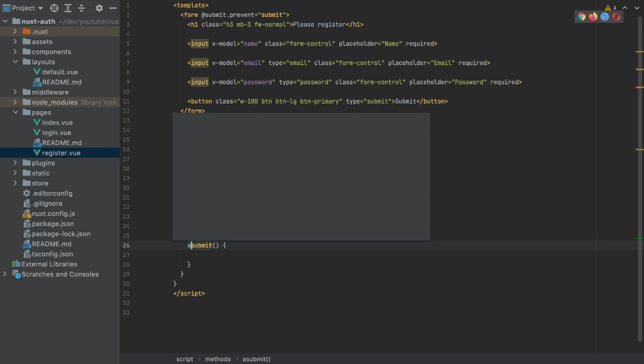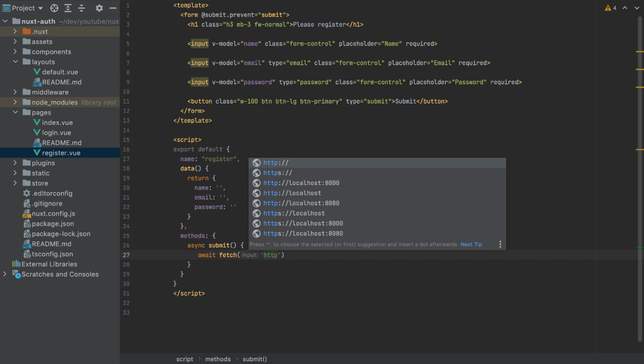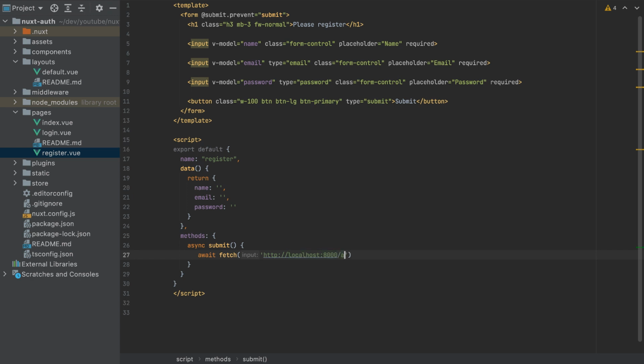So first I will make this function asynchronous, and I will await here the fetch function, and we will call HTTP localhost port 8000/API/register. And we need to add some more configuration. First, the method is a post request. We need to add the headers, which is content type application